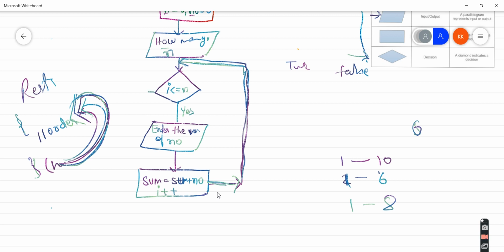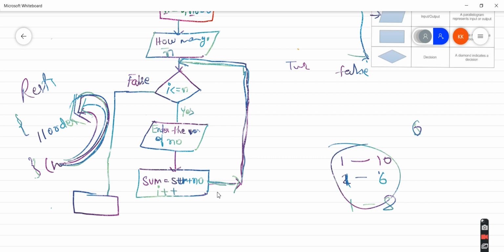If I is not less than n, in the false condition, what do I need to do? Let's say the user has entered all the values one by one. In the next step, we have a variable called float average, and the average value is going to be sum divided by n, right?